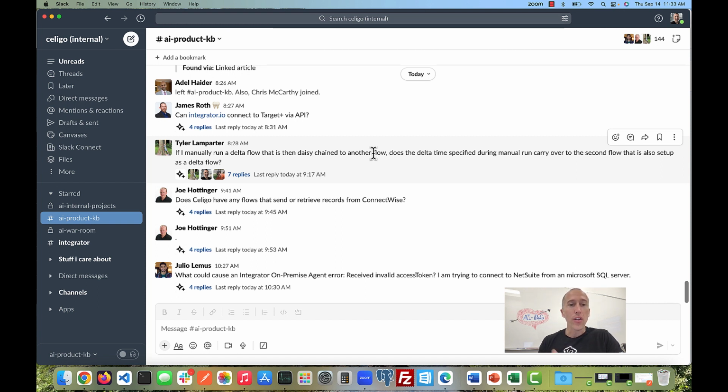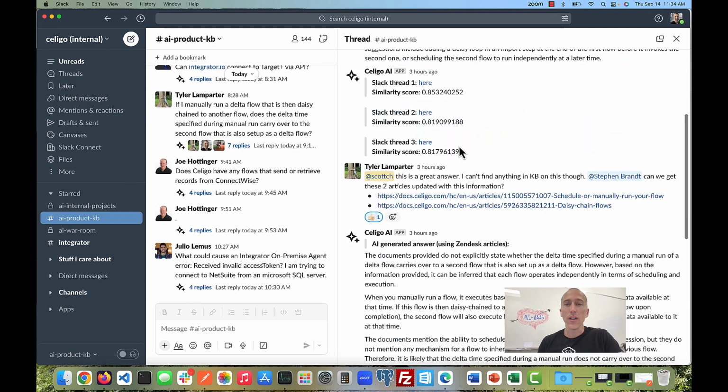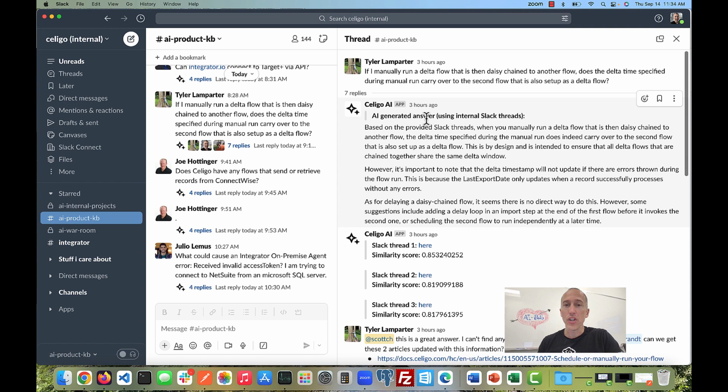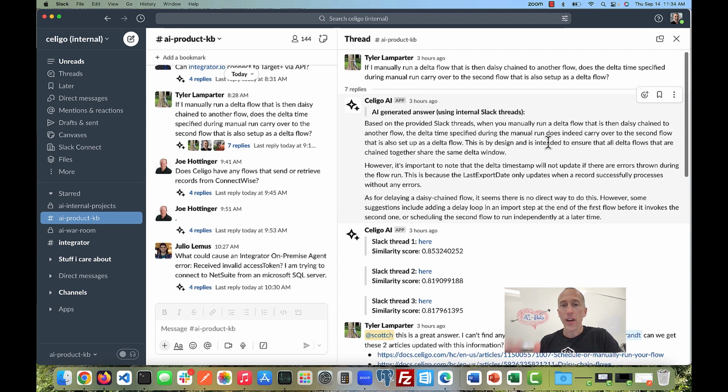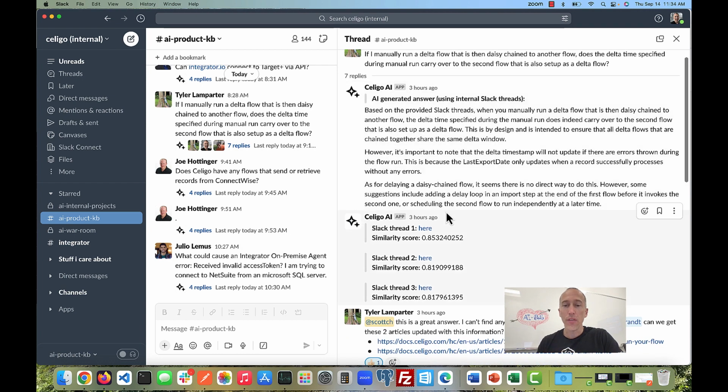And then let's look at something that happened today. A question came in from a product manager named Tyler: if I manually run a Delta flow, and it's daisy chained to another flow, does the Delta time specified during the manual run carry over to the second flow? You can see here that the first AI generated answer, using the internal Slack threads, says that when you manually run a Delta flow that is daisy chained to another flow, it does carry over, and so on. And then it gives you here